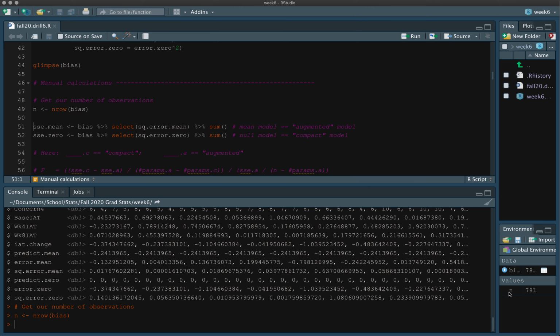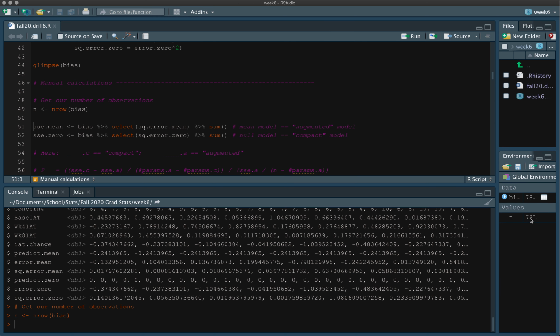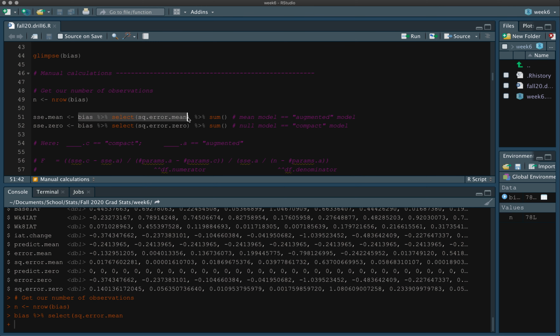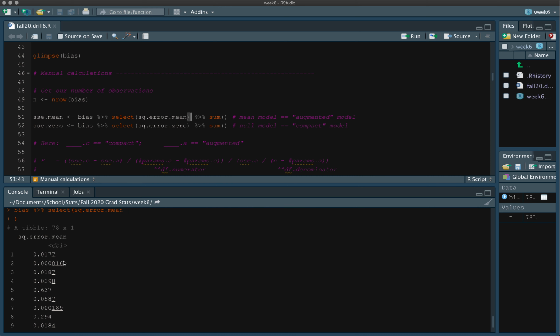So now we have an object in our environment, you can see down here, that is called n, and it says 78L. As a reminder, that L is how R indicates that this is the integer 78. And then here, all we do is we take our bias data frame, and we're just going to select the square error mean column,